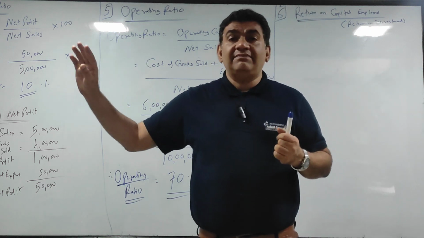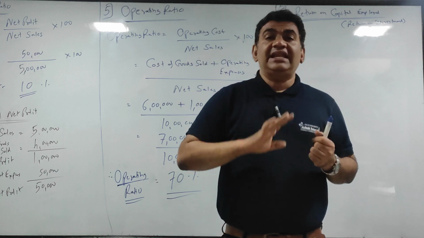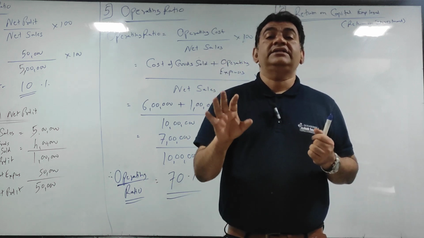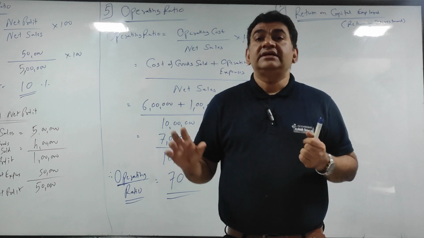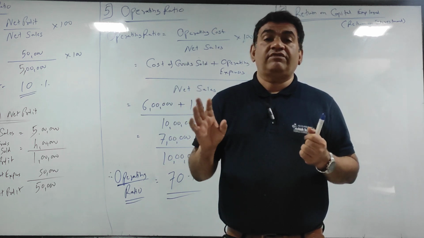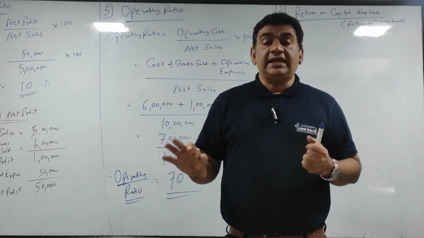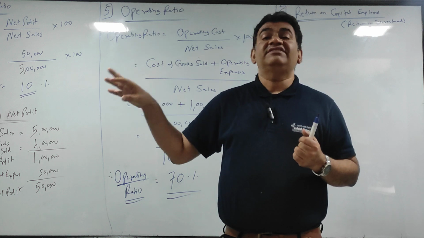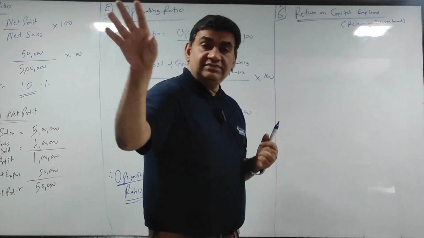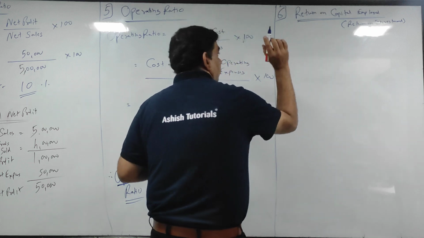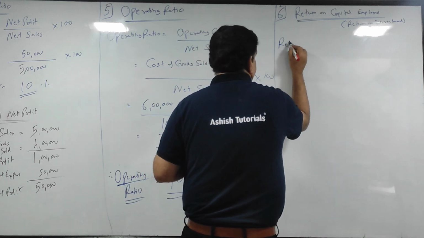Suppose मेरा capital employed 10 लाख है, मैंने 1 लाख earn किया, that means my return is 10%. So return on capital employed means how much is the net profit which you are earning on the amount invested in business. Capital employed means amount invested in business. So now the formula is